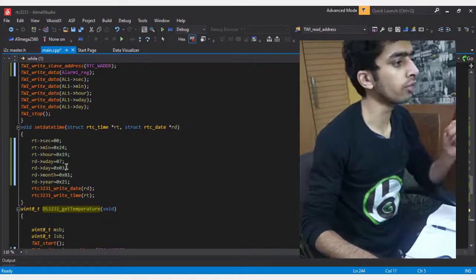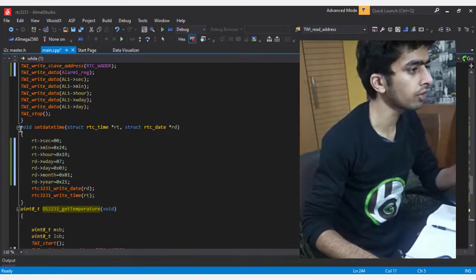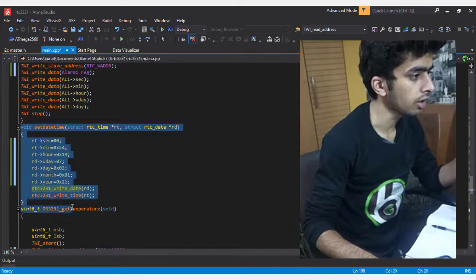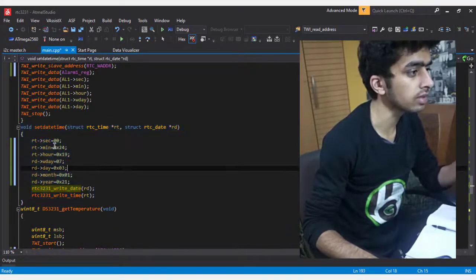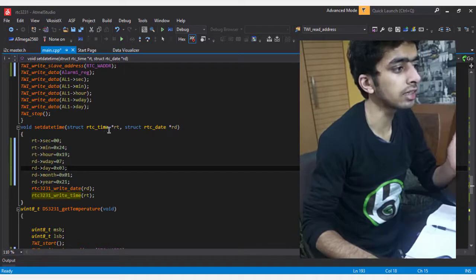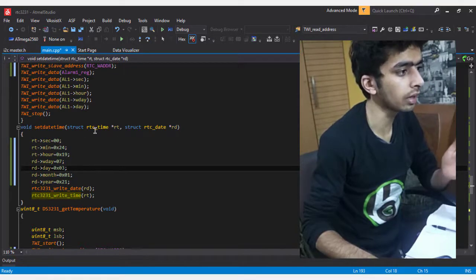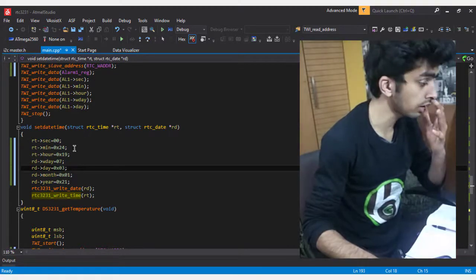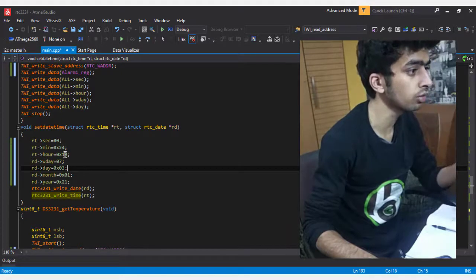Another thing is that for setting the date and time, I have created a function, set date time, in which I first assign values to the variables of my RTC date and RTC time objects.